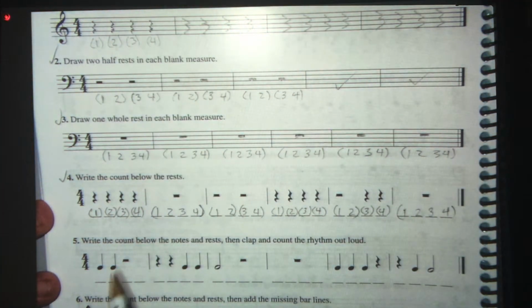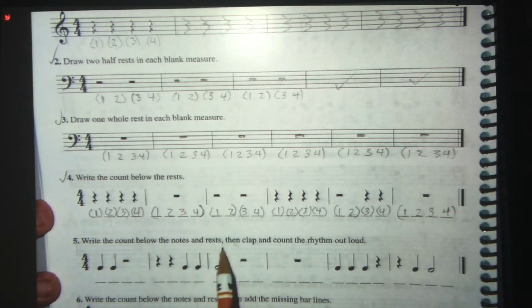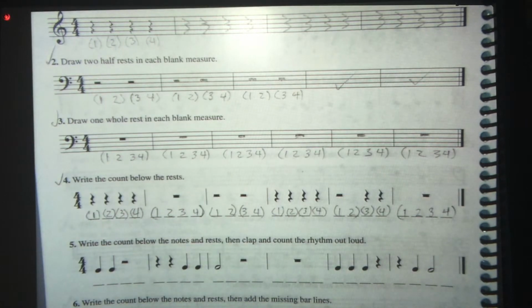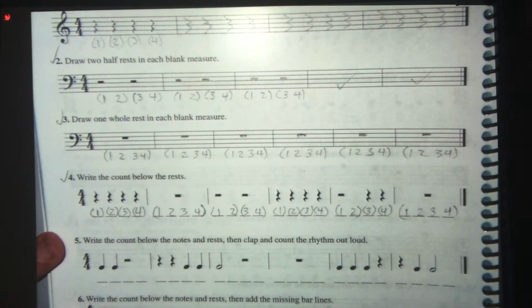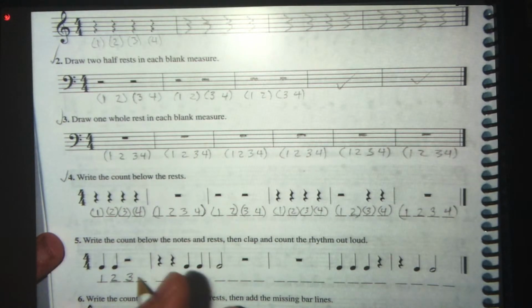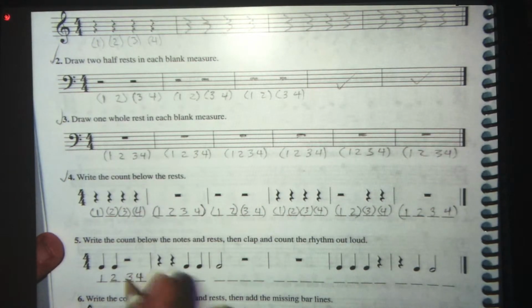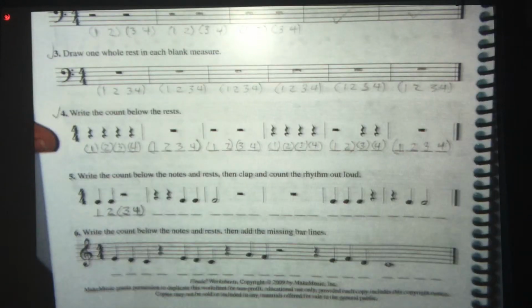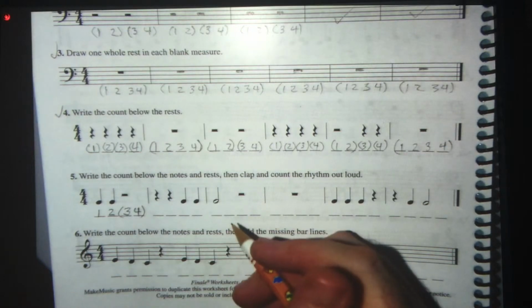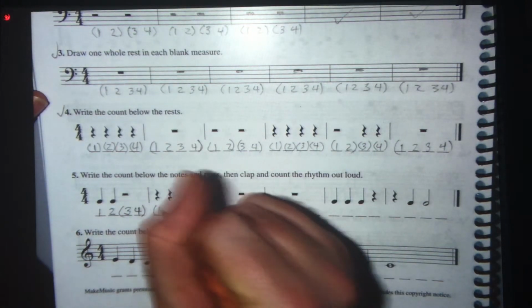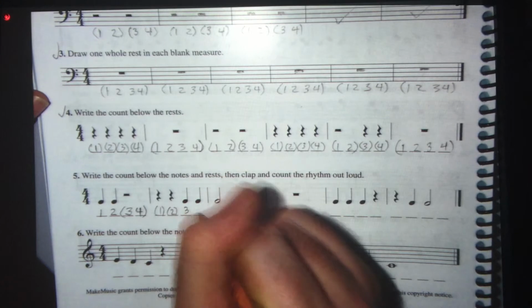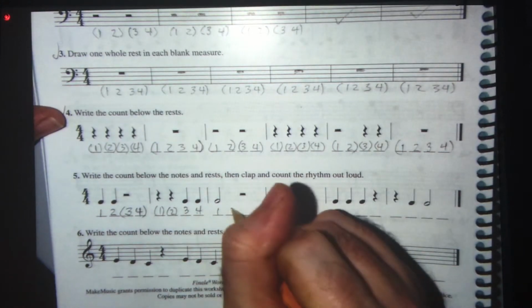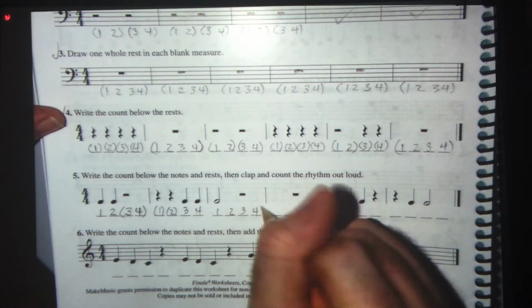Number 5, write the count below the notes and rest. So we have a combination of course, sound and silence. Then clap and count the rhythm out loud. So we're in 4/4 still. This would be 1, 2, and nothing changed. This is still 3/4, but we're going to add our brackets along the outside edges here. Next one would be 1 in brackets, 2 in brackets, 3, 4, 1, 2, 3, 4 in brackets because it's